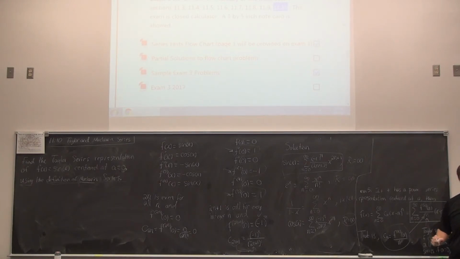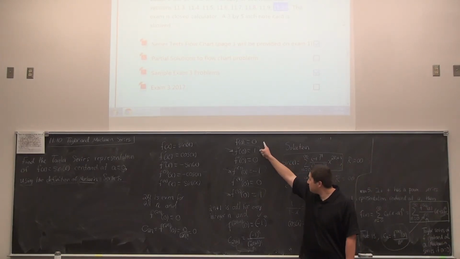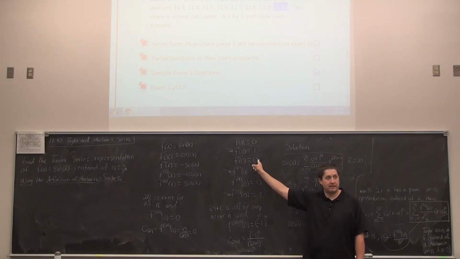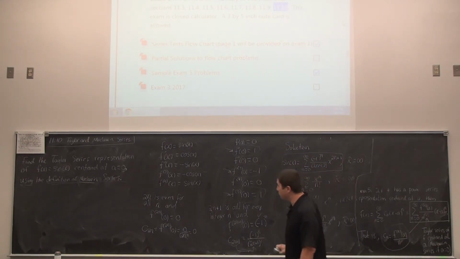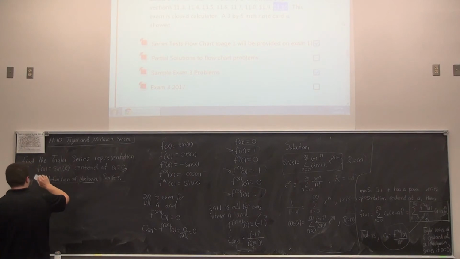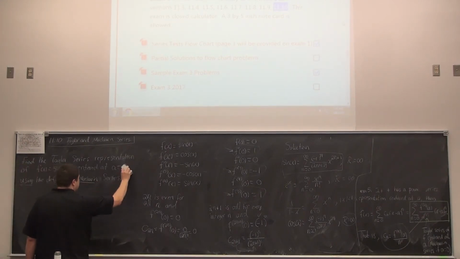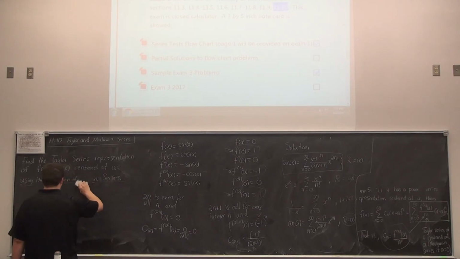Okay, so let's maybe do one more practice problem like this. And these are the kind of questions you're going to actually see on the exam. It may be not something that's alternating like this because I feel like it's kind of tricky. Let's do one that might be more routine, that you would see as an actual exam question. So say, find the Taylor series representation centered at something using the definition of Taylor series